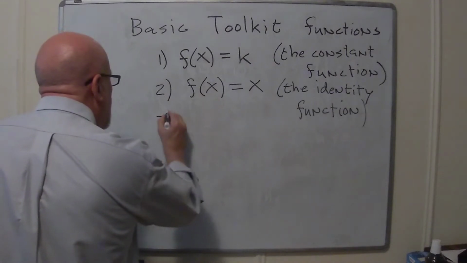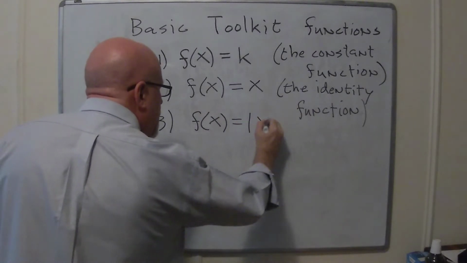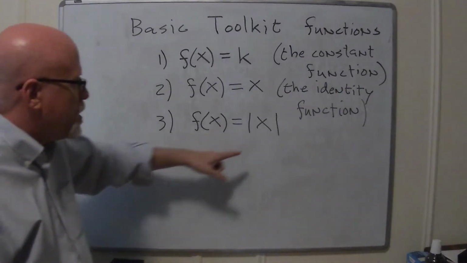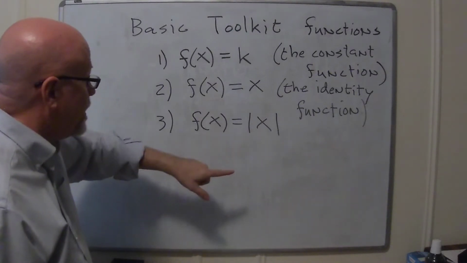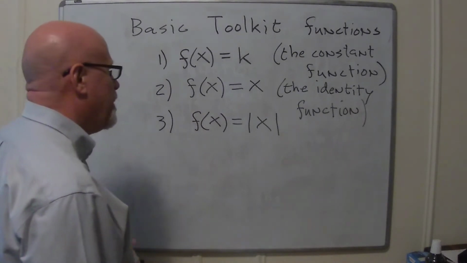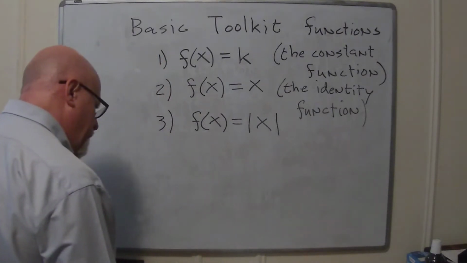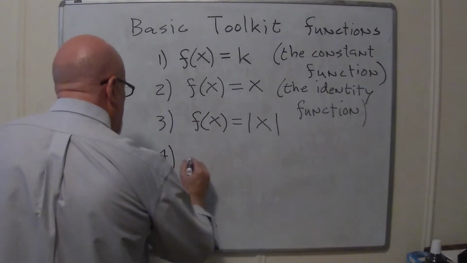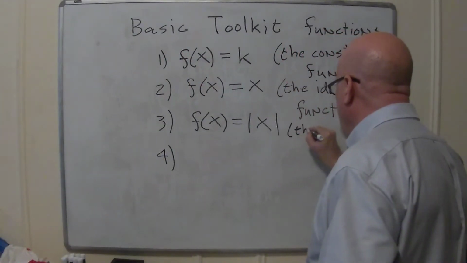How about this one? You guys know the absolute value function, where you have vertical bars around the input? That's just if the number's negative, it turns it positive, and if the number's positive, it leaves it alone. It's the identity function on positive numbers, and on negative inputs it's like dropping the minus sign. Then there's a couple of things that fall under the realm of powers of x. Generally, they're known as power functions. This one is the absolute value function.